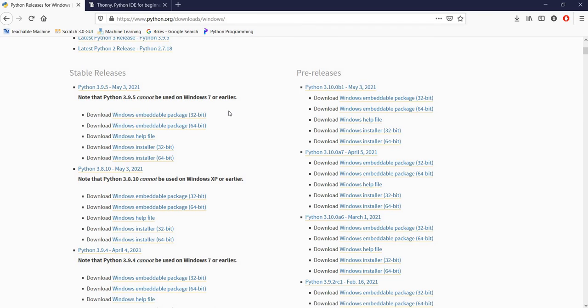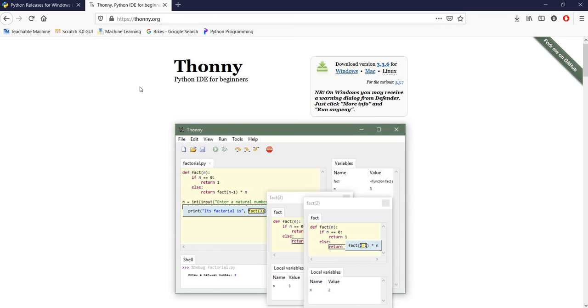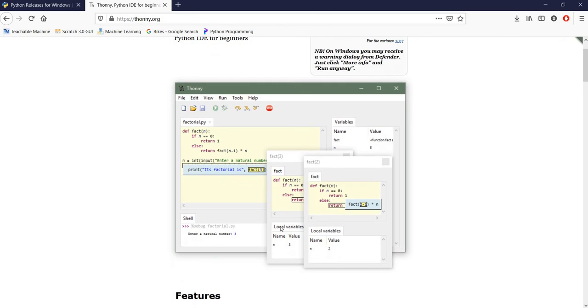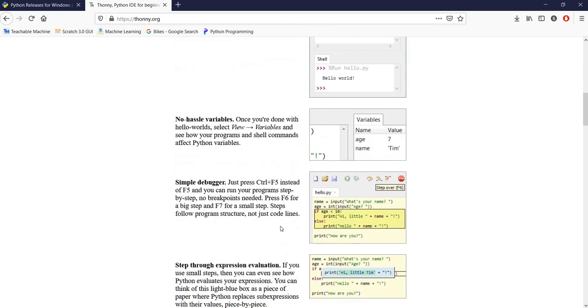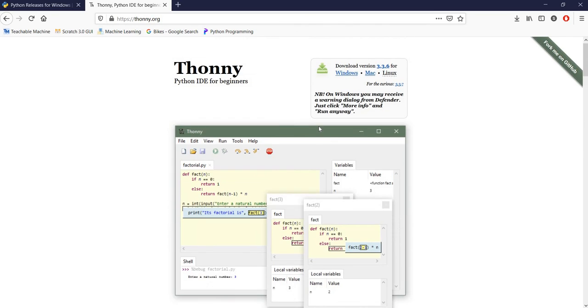In the last lesson I explained how to download and install the PyCharm software, which is a very good IDE for Python. It's an excellent one. But when I see that people are not feeling comfortable with it, I am suggesting another IDE, which is Thonny. I'm going to provide the link of this website in the description, so you can check it. Thonny is a very simple GUI, which will be perfectly fine for our usage. You can download it by clicking on the Windows button and installing the software.